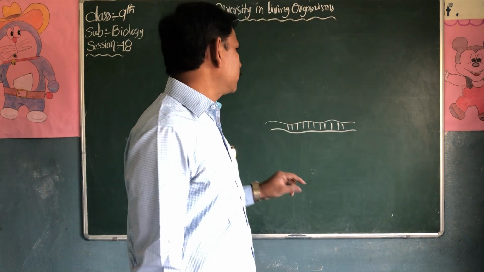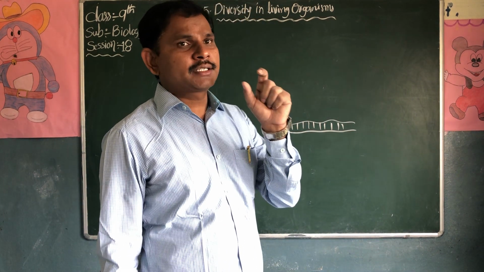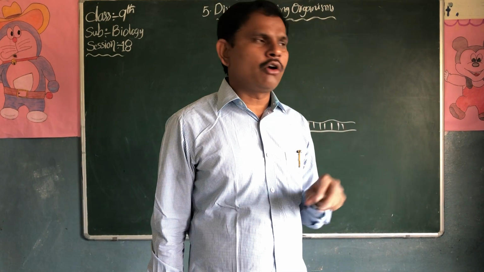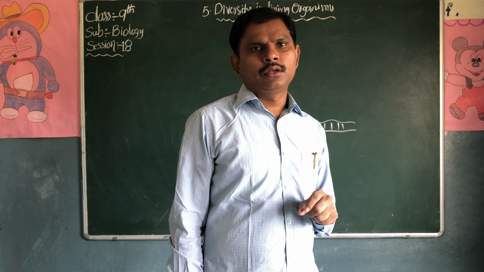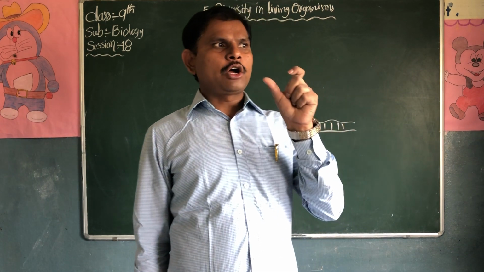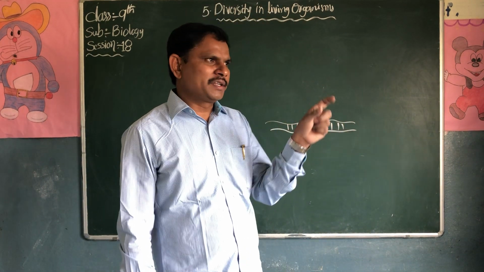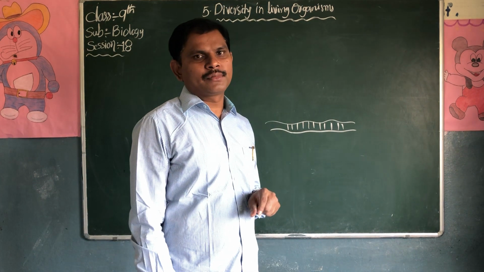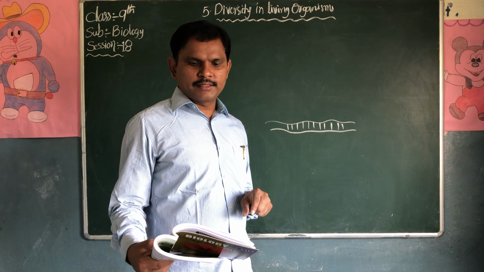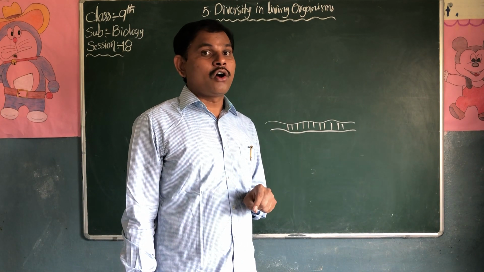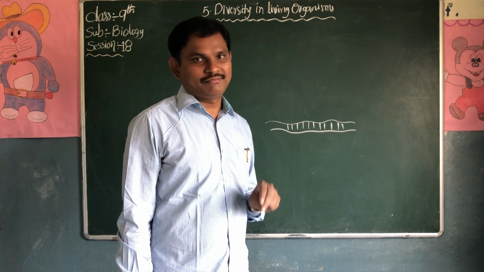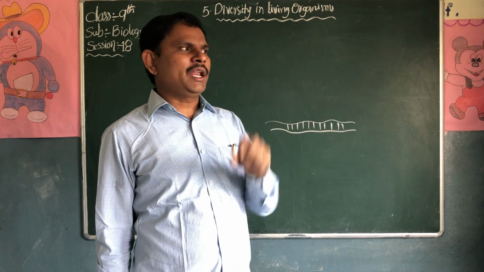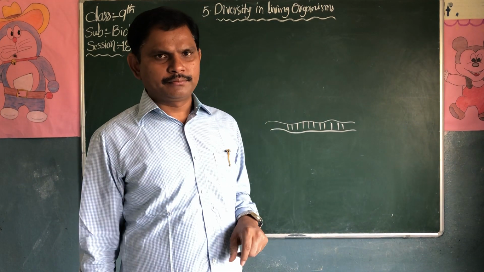So this is the homework. You just have to write the insect's name. For example, housefly. Check the housefly: how many legs are there? Go and Google it. What is the color of the housefly? Number of wings, how many wings, two or four? Are there any special characters in the housefly?